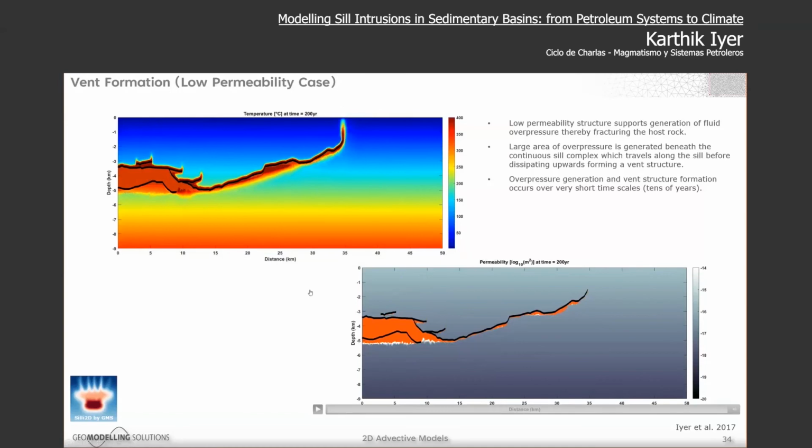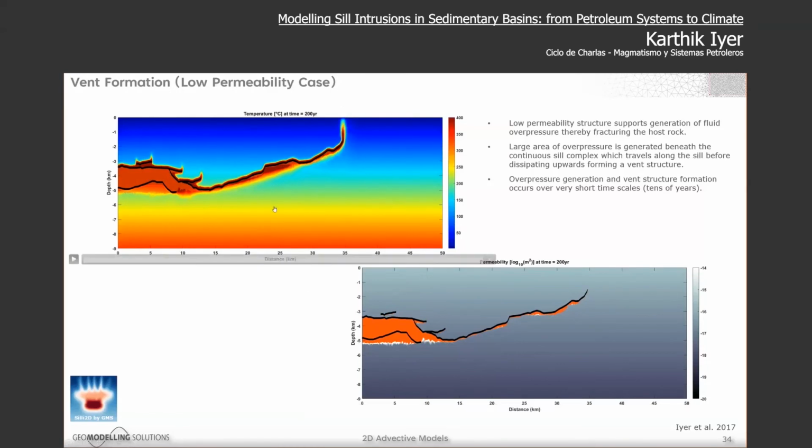What we also notice here is that the time scales we're talking about here are very short. They're tens of years. I can play this again. And this is tens of years before this vent formation and this overpressure generation and escape is done. And this is very different from the hydrothermal plume formation, which occurs over thousands or tens of thousands of years, which also suggests that this is pretty explosive, also due to the overpressure and fracture generation, which also is expressed by the perturbed sediments we see in these vent structures in the seismics.